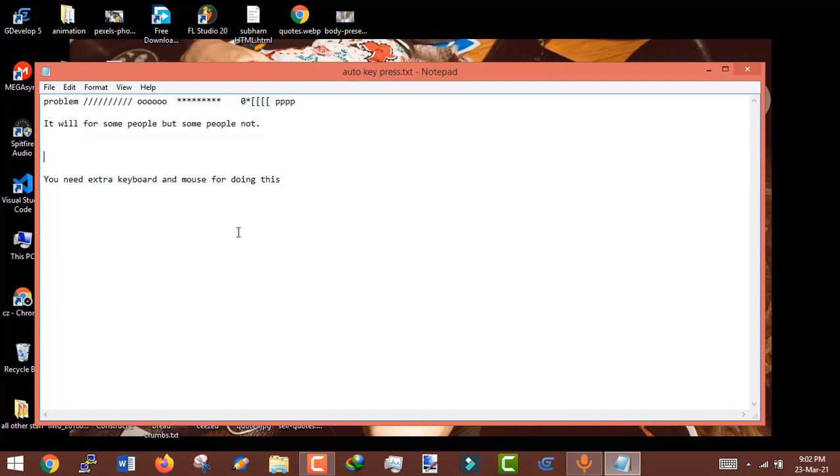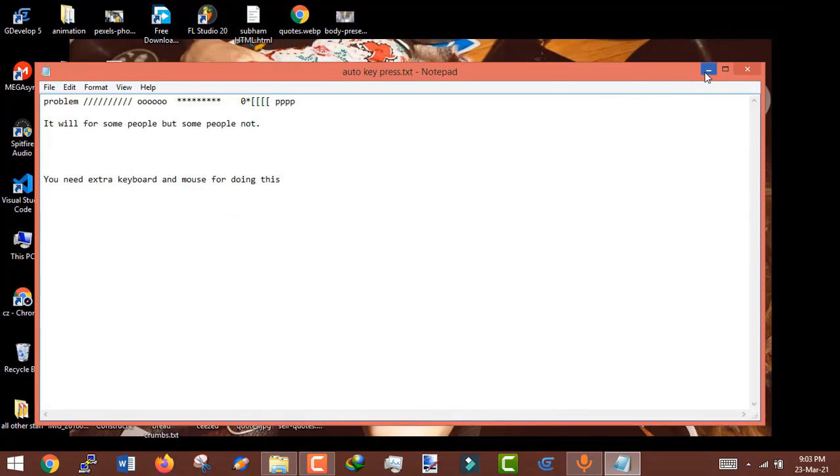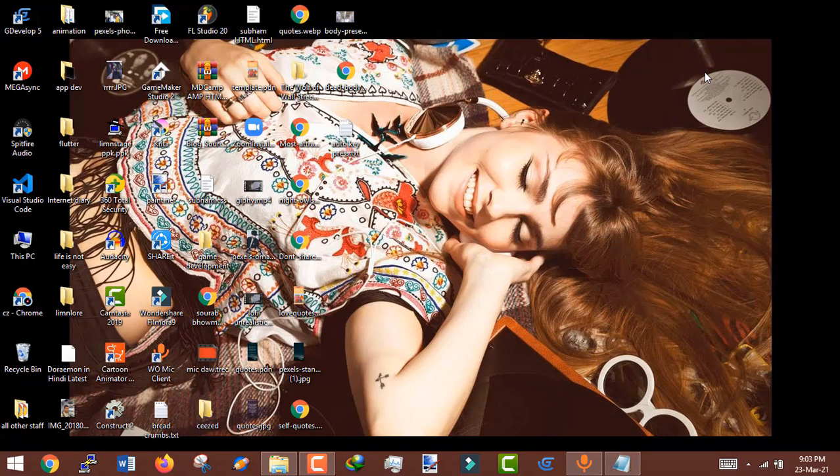This is the first process I'm going to explain to you. We're going to clean our PC. Suppose in the C drive and D drive, you need to delete unwanted files, or uninstall unwanted software. This is the first thing you need to do. The second thing is that you need to clean your PC using different kinds of antivirus software.